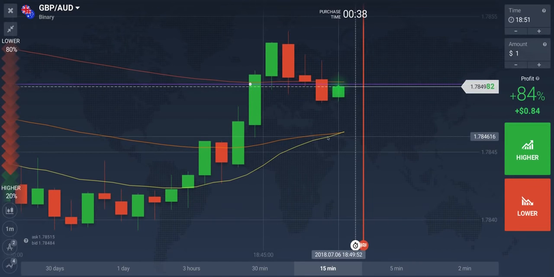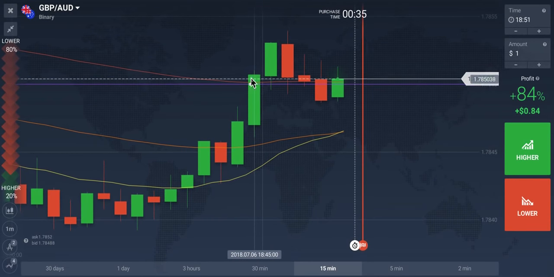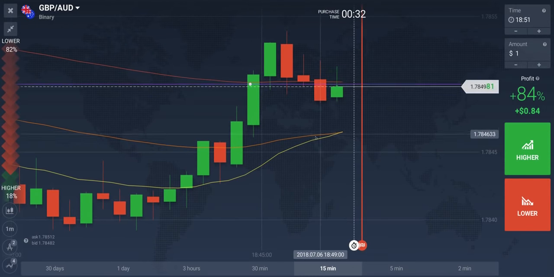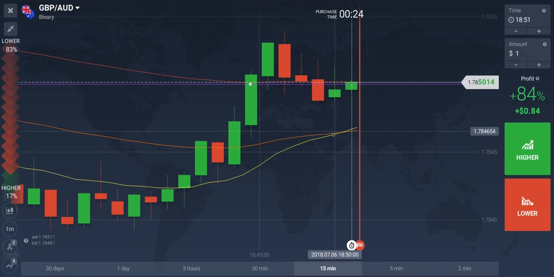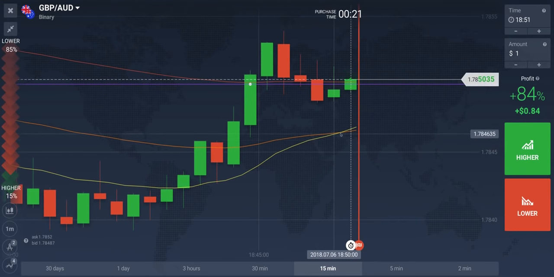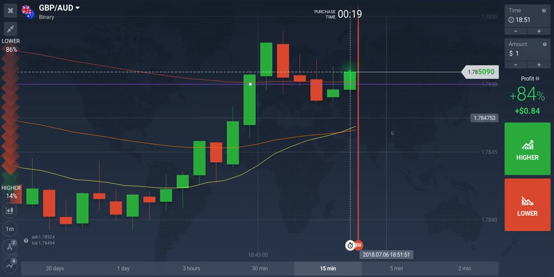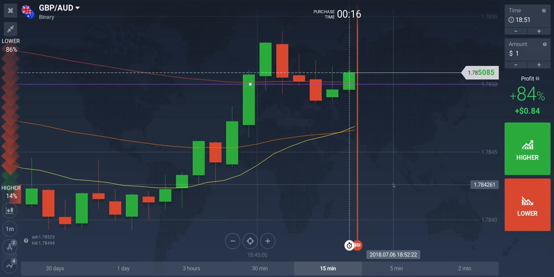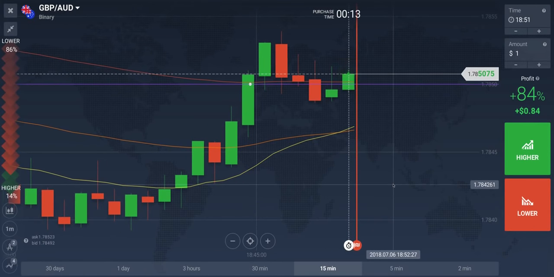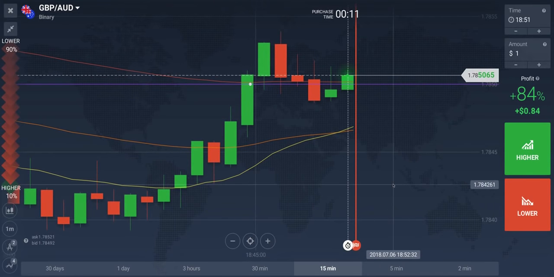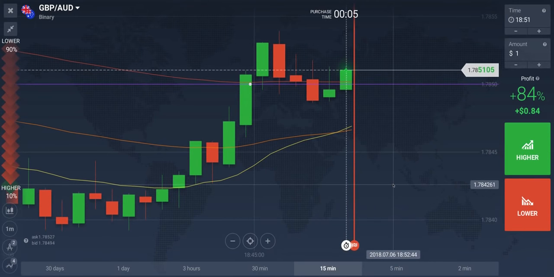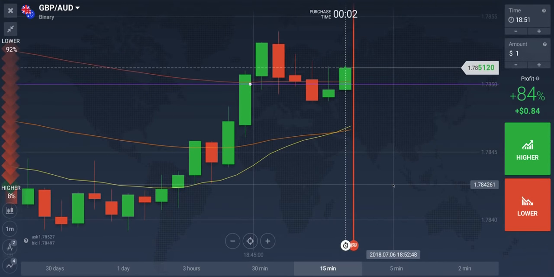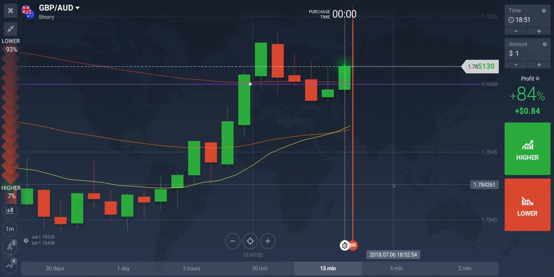So you can actually use these as support and resistance, and also as danger levels where you know the market can go against the direction, or trigger from here as a support to trigger buyers, and as a resistance to trigger sellers. So I hope you understand a bit about how to use EMAs as a support and resistance level. It's just an additional tool to help you confirm strong SNR levels, and